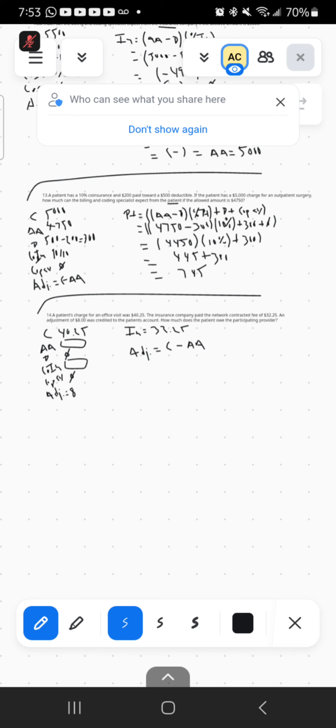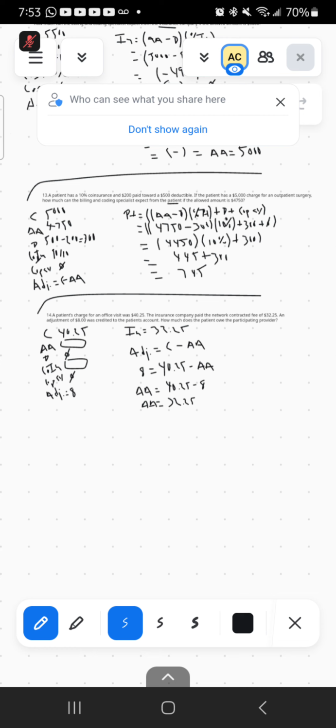You know the adjustment, so the adjustment is $8, and the charges are $40.25, minus the allowed amount. So using a little bit of algebra, you put the allowed amount on the other side as a positive, and you leave the 40.25 where it was. And then that 8 goes to the other side as a minus, and that tells you the allowed amount is exactly